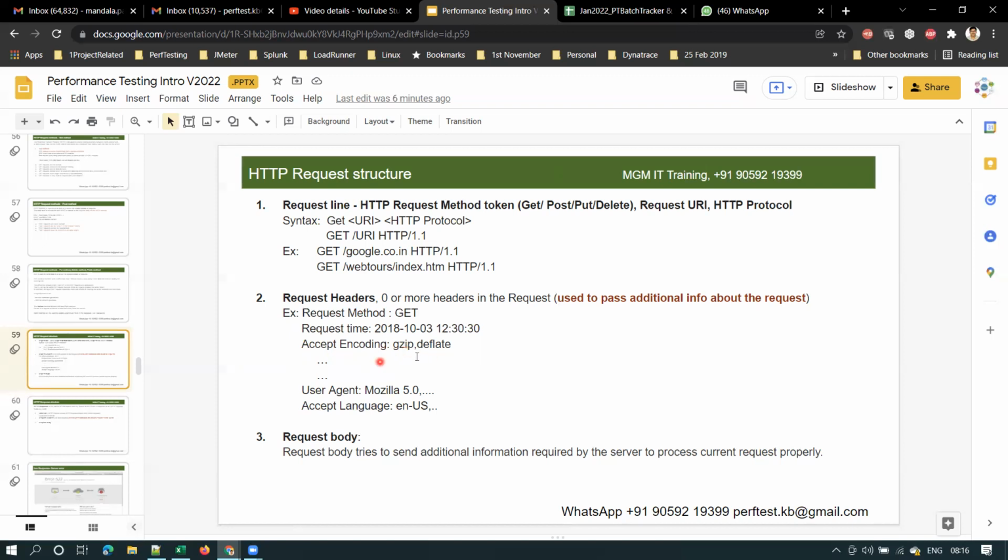Understood, guys? There are different types of compression methods. When the browser says Accept-Encoding is gzip, it is saying please send the response in this compressed format only. Understood or no? Yes. Remember that when the server sends the response, it compresses the response and sends it to the browser, and the browser receives the response and uncompresses it. Clear?